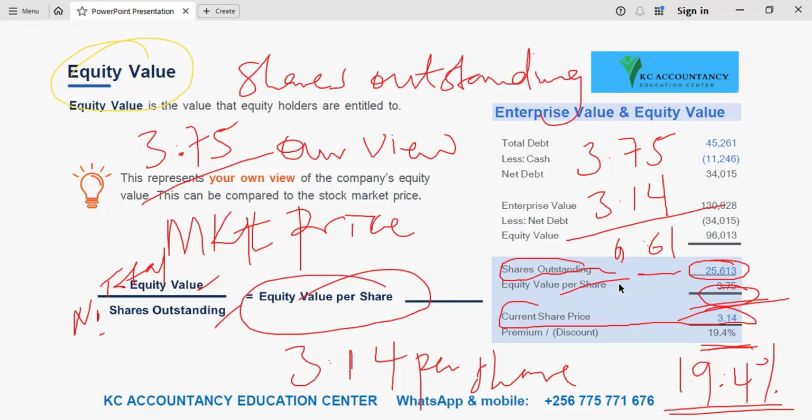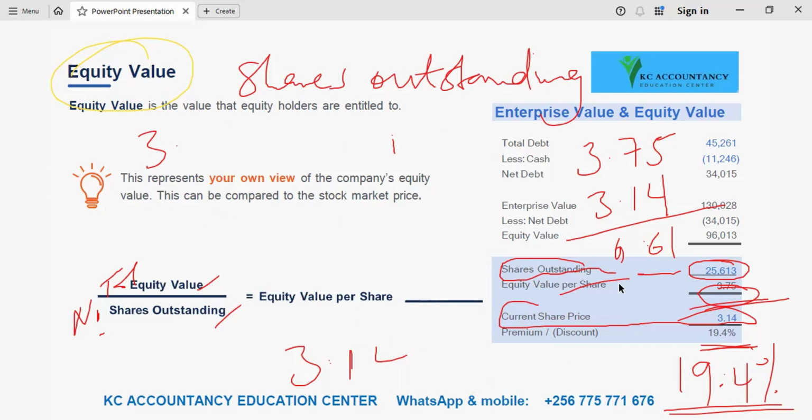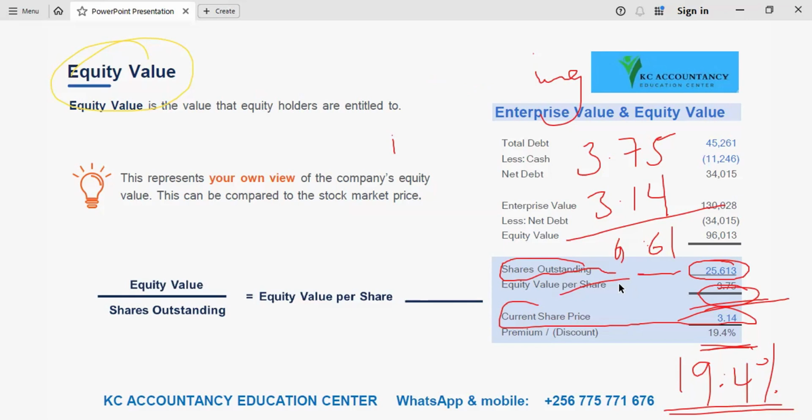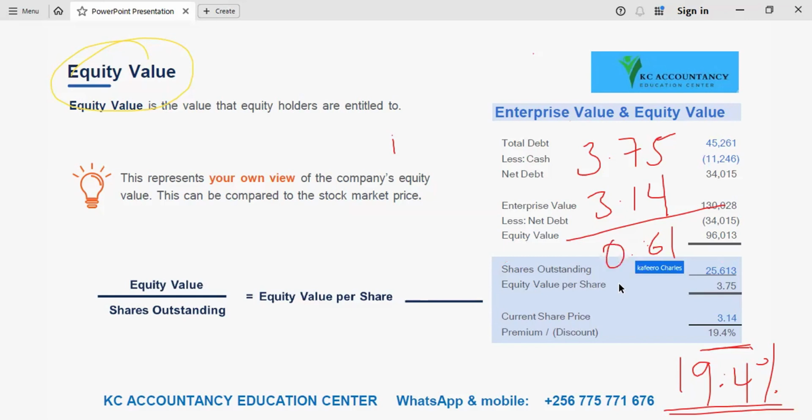What this means is that this percentage of 19.45 is actually making us have a profit. That's why you are seeing we have a premium of 19.4%, and that premium comes as a result of these small differences that we are seeing here. So if this is our view, if this one is correct and this one is wrong, the implication here